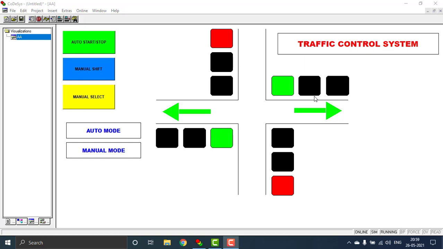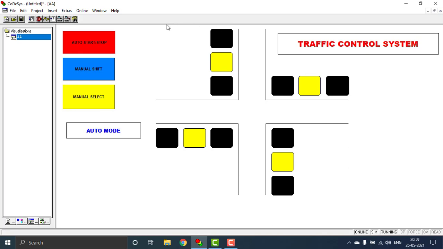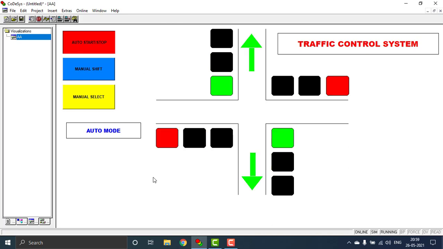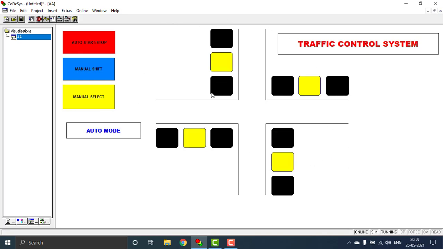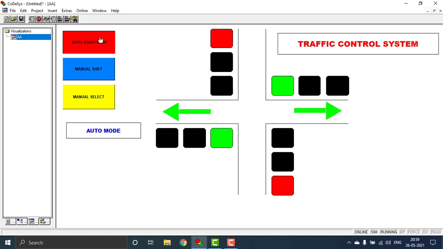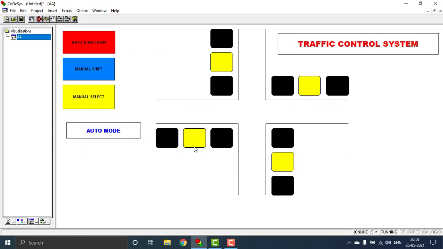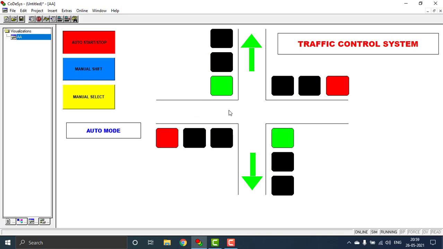Welcome to Admin Automation. Today we are going to discuss a traffic control system using ABB PLC ladder logic and the visualization of the traffic control system. You can see it is running in the automatic mode. You can see the auto mode icon will be highlighted here and those things will be working in the automatic